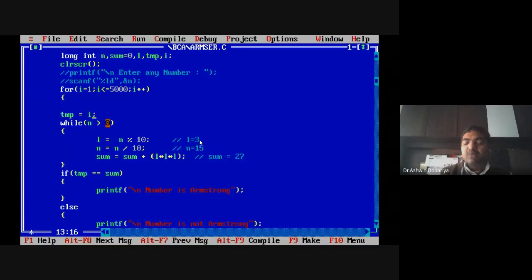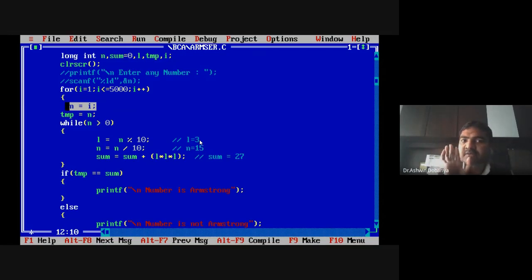Or, if you don't want to make major changes, you can do it like this: n is equal to i. No need to make a major change over here. Initially we take input from the user and it is stored into n. Now in the loop, whatever the value of i, I have assigned it to n. Everything is the same. I hope it is clear.